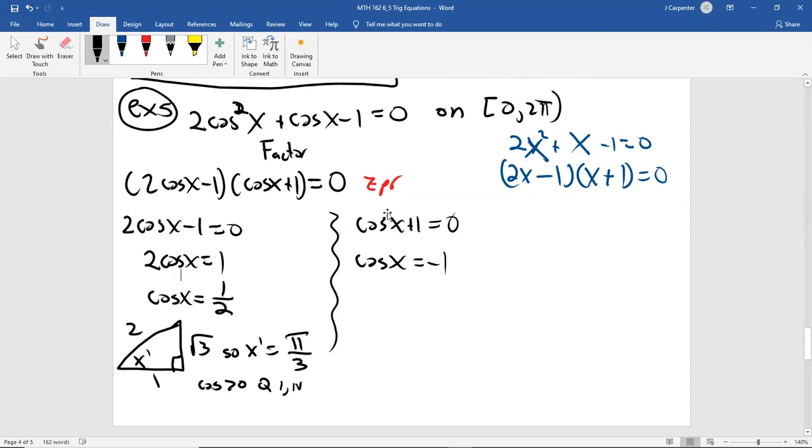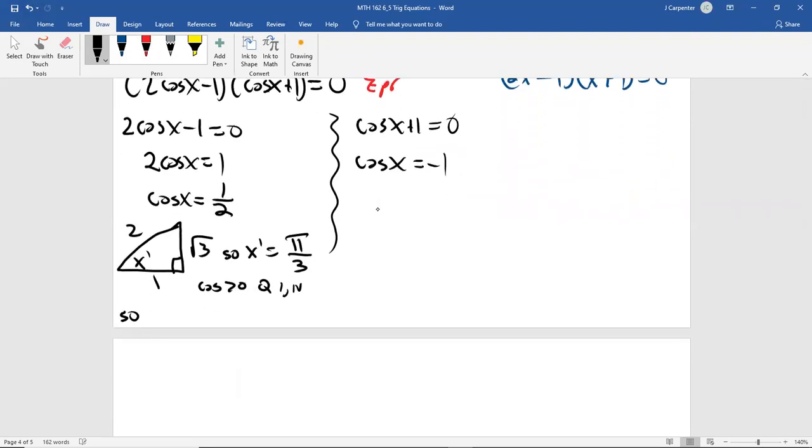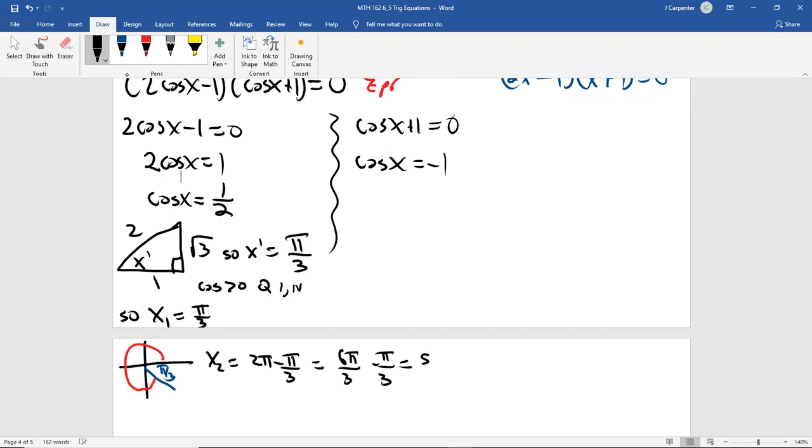So that says the prime angle, the reference angle, is the first one. But the second one we'll have to put in quadrant 4. So we put our reference angle in quadrant 4. Here's our pi over 3, but our actual angle would swing all the way around, which ends up being 2 pi minus pi over 3. So x2 equals 2 pi minus pi over 3, which is LCD of 3, so that's 6 pi over 3 minus pi over 3, which is 5 pi over